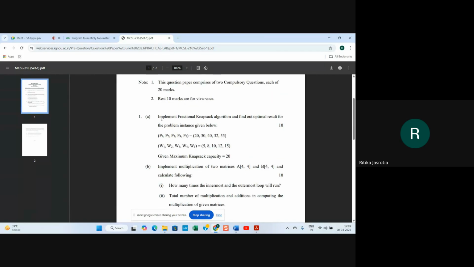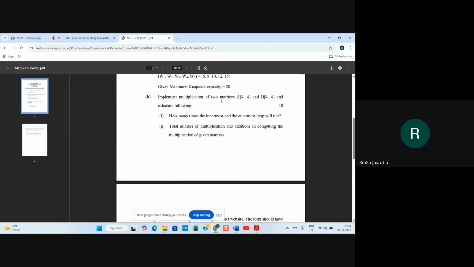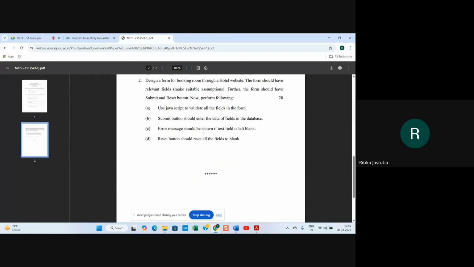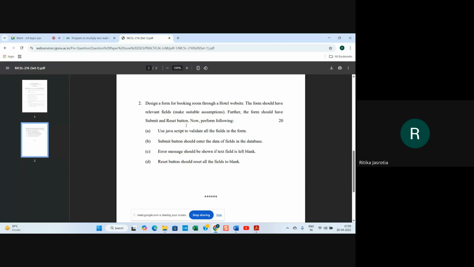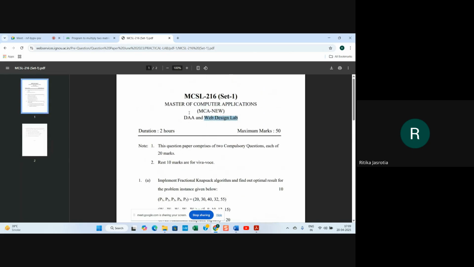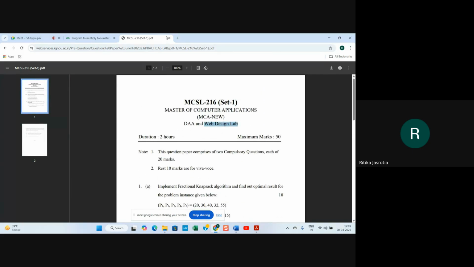तो इसमें जैसे ये पहला क्वेश्चन है, इम्प्लीमेंट फ्रैक्शनल नैपसैक एल्गोरिथम एंड फाइंड ऑप्टिमल रिजल्ट फॉर द प्रॉब्लम इंस्टेंस गिवन बिलो. और दूसरा है इम्प्लीमेंट मल्टीप्लिकेशन ऑफ 2 मैट्रिसेस एंड कैलकुलेट द फॉलोइंग: हाउ मेनी टाइम्स इनरमोस्ट एंड आउटरमोस्ट ग्रुप विल रन, टोटल नंबर ऑफ मल्टीप्लिकेशन एंड एडिशन इन कंप्यूटिंग द मल्टीप्लिकेशन ऑफ गिवन मैट्रिक्स. और दूसरा तो वेब डिजाइन वाला लैब है, इसमें आपको वेबसाइट डिजाइन करना है, छोटा सा फॉर्म डिजाइन करना है बेसिकली. ये अलग है, आया समझ? तो ये आपको ऐसे है,